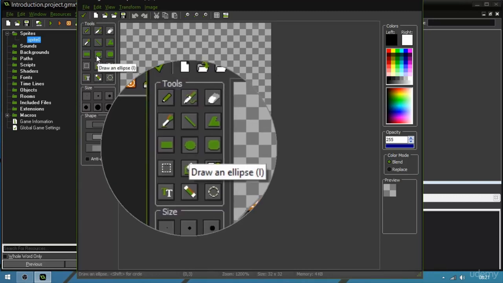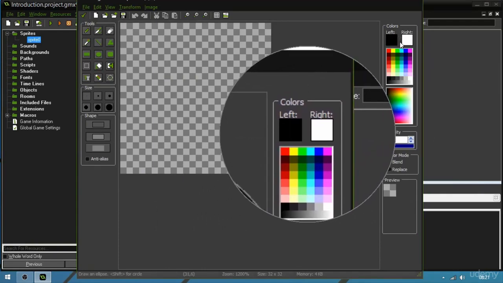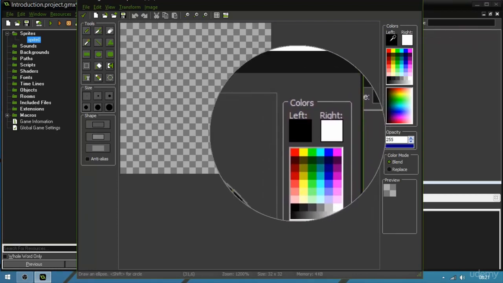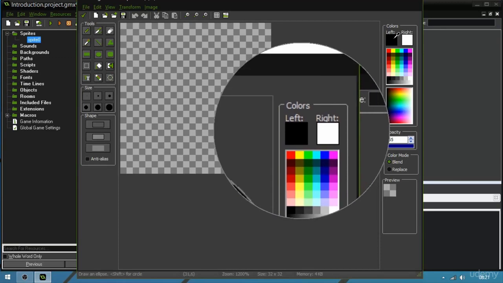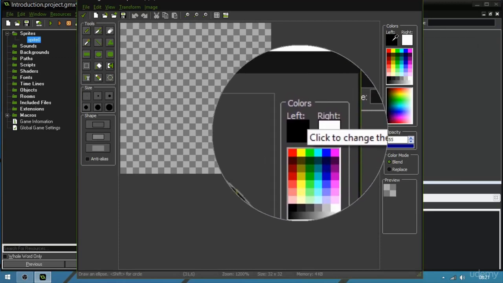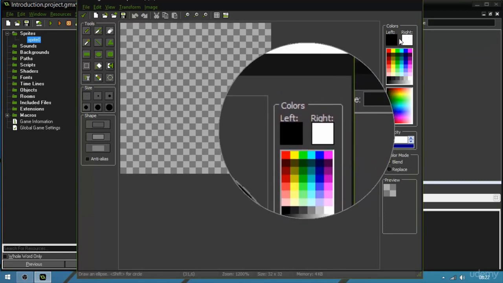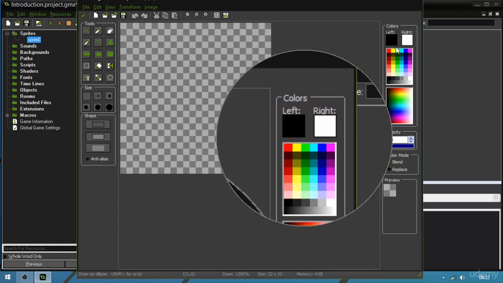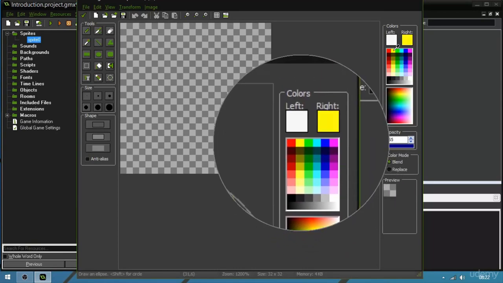Let's click here on draw an ellipse, and here we have a color picker at the right of the screen. We can choose the left and the right color. The left one, if you are drawing a line, is going to be the color of the line. But if you're drawing a polygon, like a free polygon or a rectangle, the left color is going to be the stroke. It's going to be the outline of the polygon, and the right one is going to be the fill. So I want to draw a smiley face that contains a white stroke, a white outline, and a yellow fill. So I have to left click on the white color and right click on the yellow color,